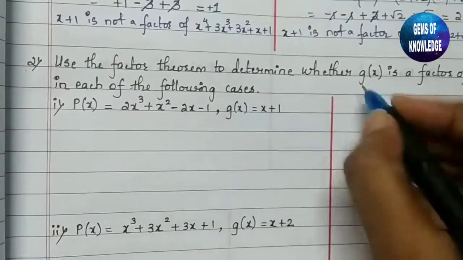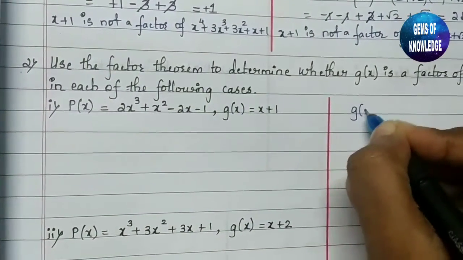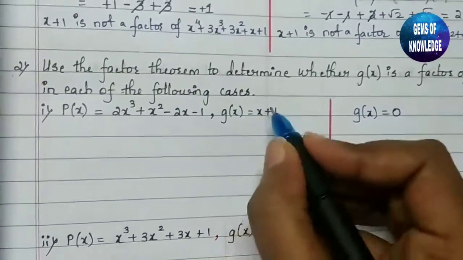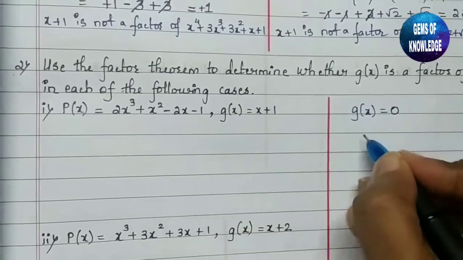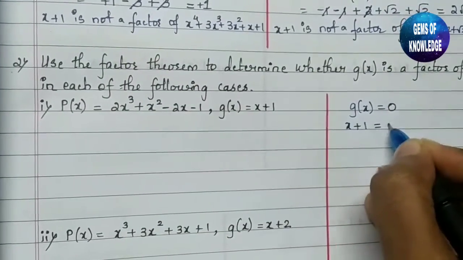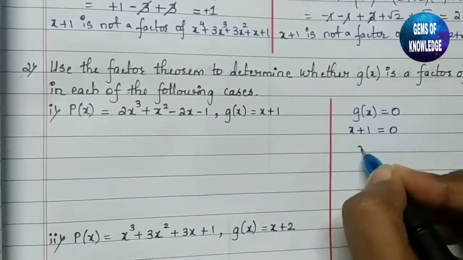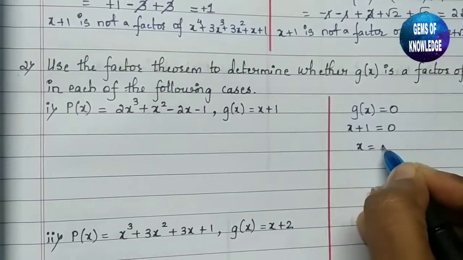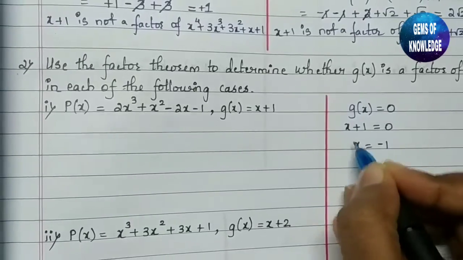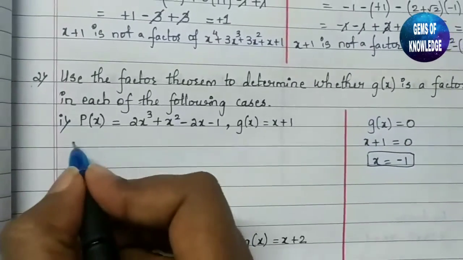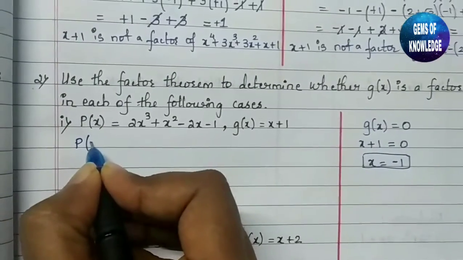So what we need to do here, it has been given g of x, we need to equate it to 0. So what is the value of g of x? We are having g of x to be x plus 1. So we have to equate it to 0. So what value are we getting? x is equal to, when we move this plus 1 to this side, we are getting minus 1. So we need to substitute this x equals minus 1